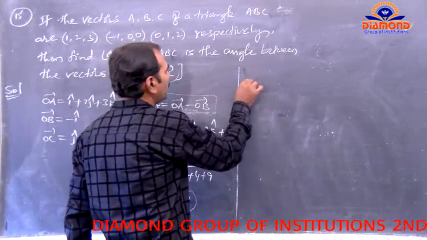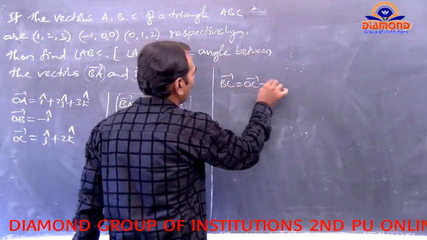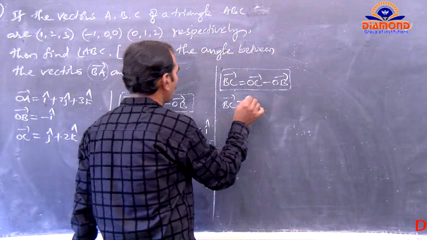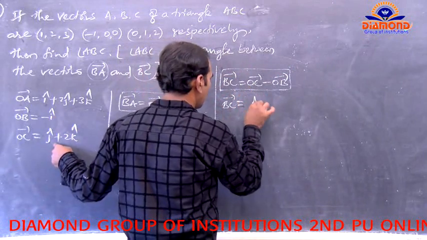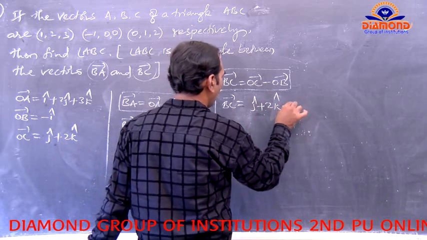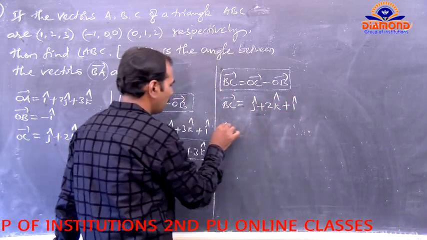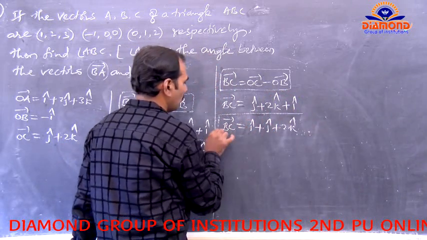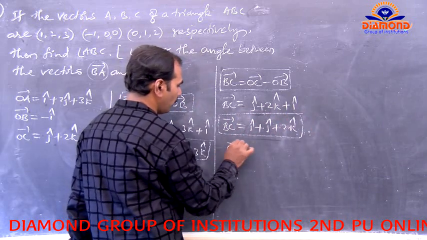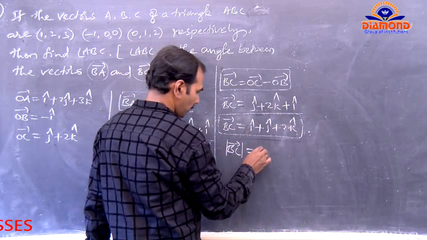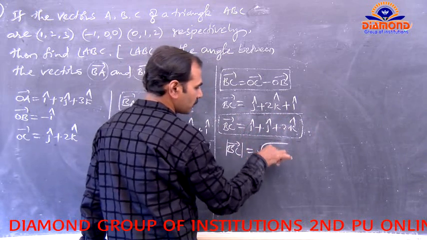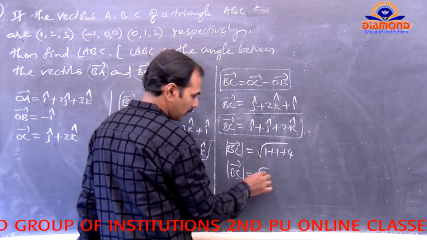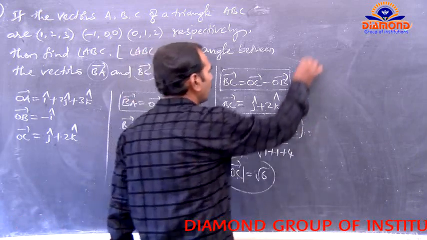Next, BC bar equal to OC bar minus OB bar. This is the formula. So BC bar equal to OC, which is j cap plus 2k cap, minus OB, which is I cap. It means BC bar equal to I cap plus j cap plus 2k cap. So magnitude of BC equal to square root of 1 square plus 1 square plus 4. Magnitude of BC is equal to square root of 6. Next,